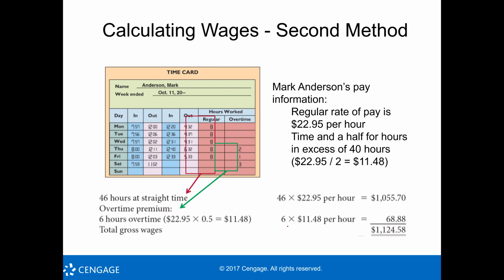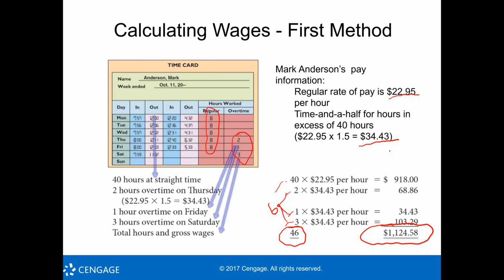So again, regular rate of pay is $22.95 per hour. And so any hours in excess of 40, again, he gets time and a half. So he gets his regular $22.95 per hour plus half of that. So half of that is the $11.48. That's the difference. So if we go back here real quick to this